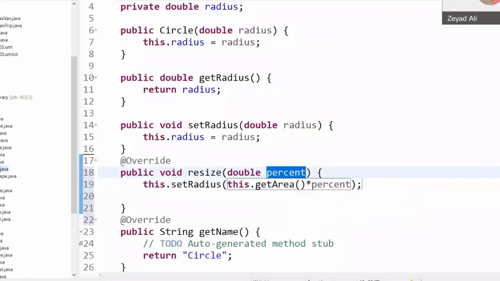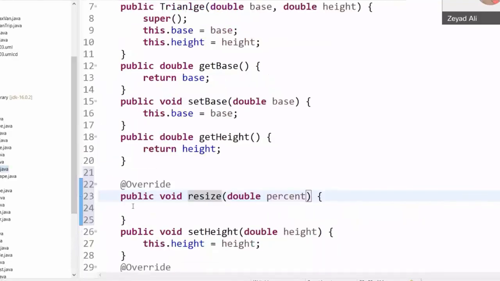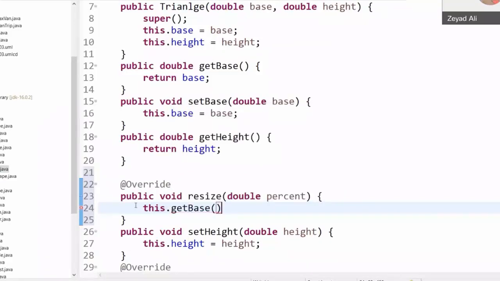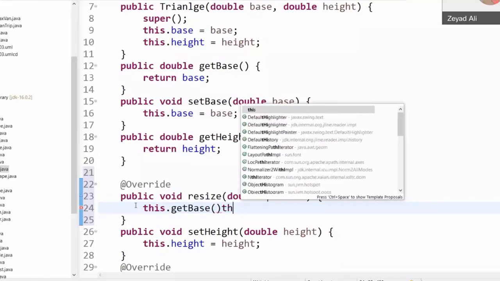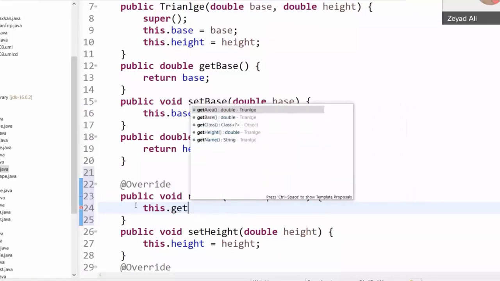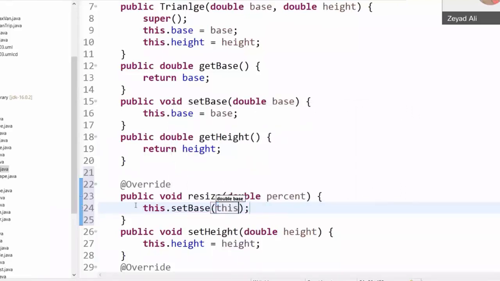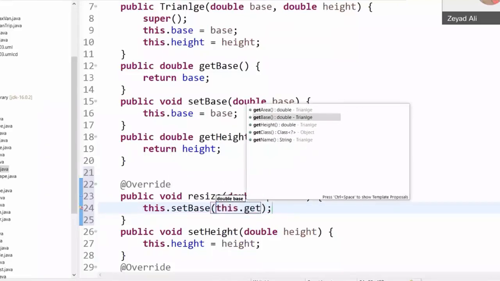I will go to the triangle. Resize for the triangle is different. We need to resize both base and height. So I could say this.setBase equals this.getBase times percent.